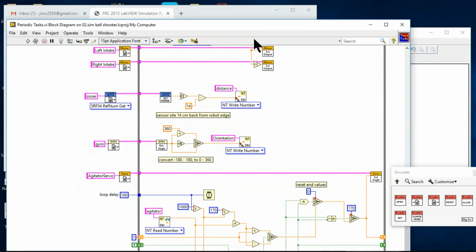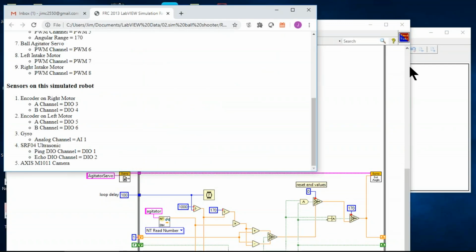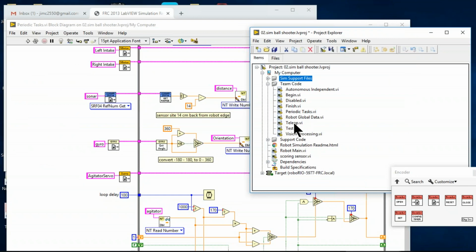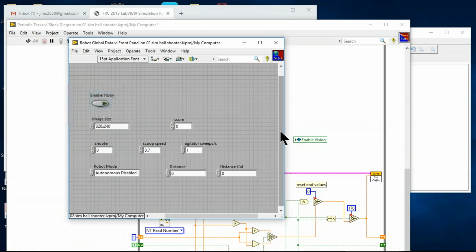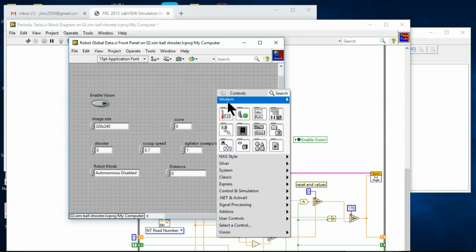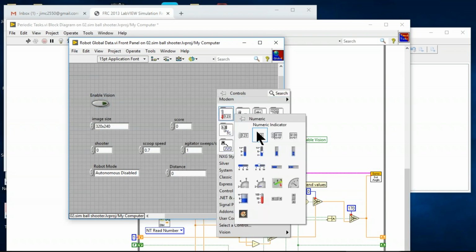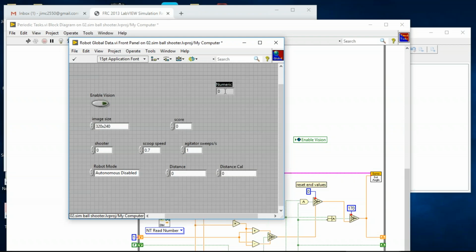All the values that I want to use are going to be coming or run through Robot Global Data. So the way we pick up that is we come back to our Project Explorer, select Robot Global Data, drag it into our block diagram, and double click on it, and it opens up the front panel of Robot Global Data. So I want some variables. I know I'm going to want an auto left drive,